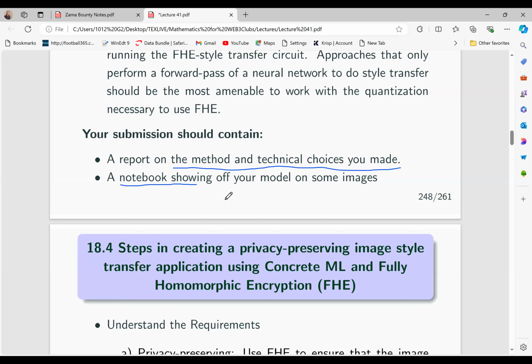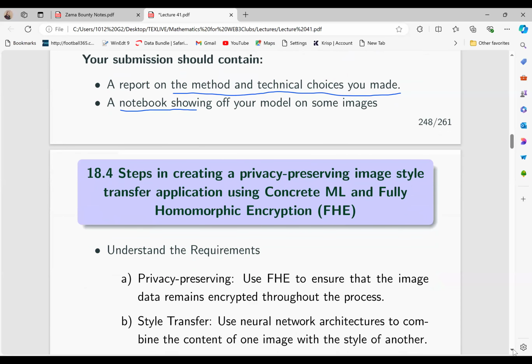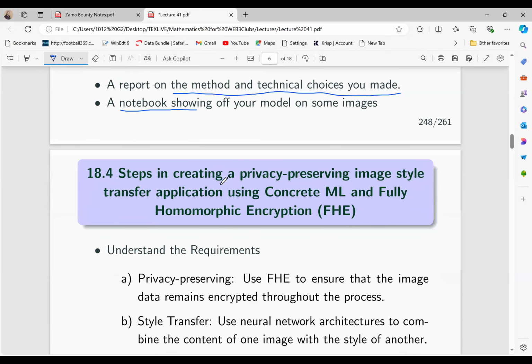I'll show you how that notebook is written, and that one is also supposed to have those two. So you'll be submitting this report and also the notebook. Now, after that, I thought of what are the steps in creating